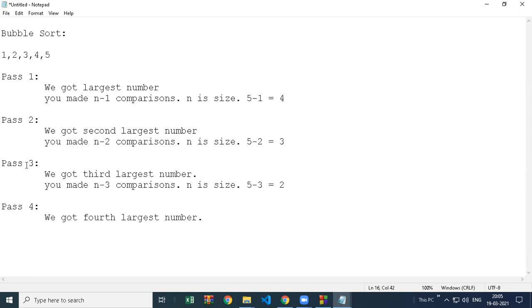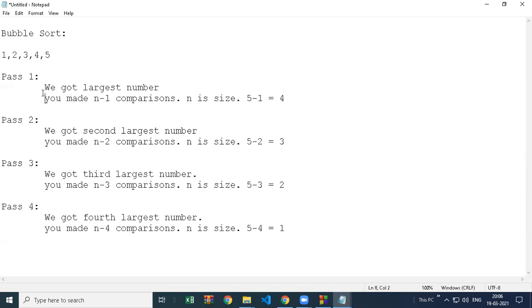In the next pass we made only 2 comparisons, and in the last pass only 1 comparison. So in the first pass 1, 2, 3, 4 comparisons. Next pass 1, 2, 3. Next pass 1, 2, and the final pass only 1 comparison.